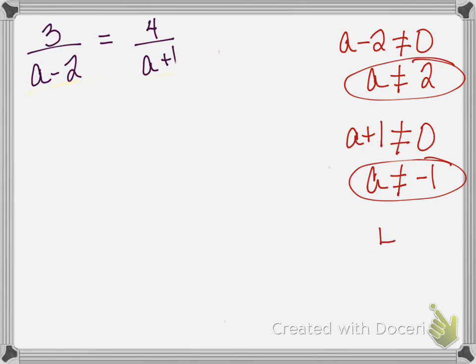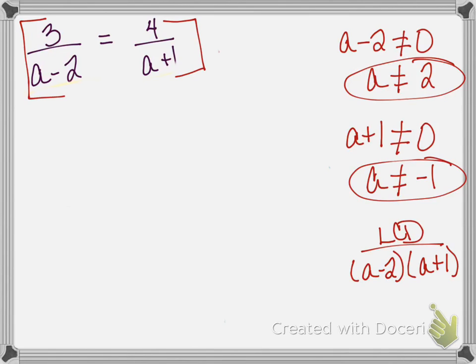Now, my LCD, I've got to make sure that both denominators are accounted for. A minus 2 is a binomial. I can't break that up any. It's A minus 2. What's my other denominator? A plus 1. So I've got A minus 2 and A plus 1. Okay? So that's what I'm going to multiply everything by. I'm going to multiply both sides by A minus 2 times A plus 1